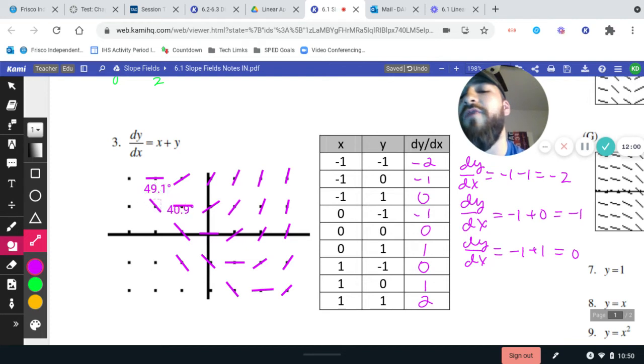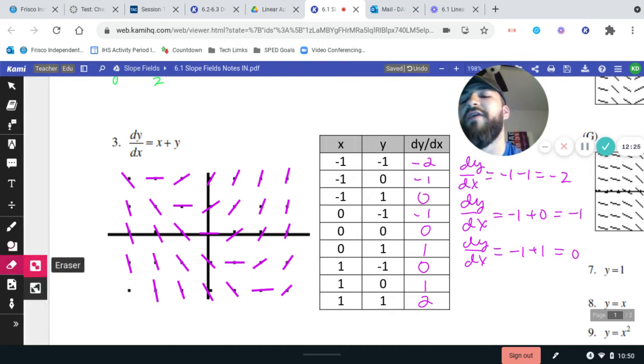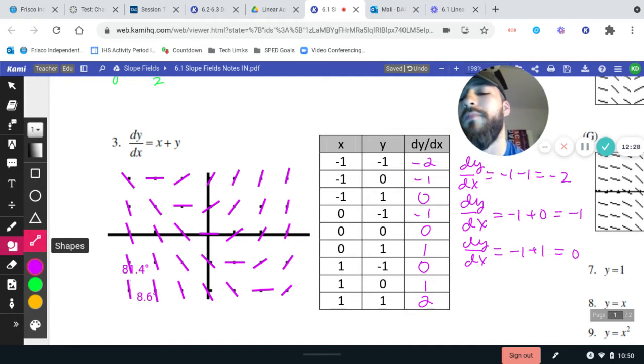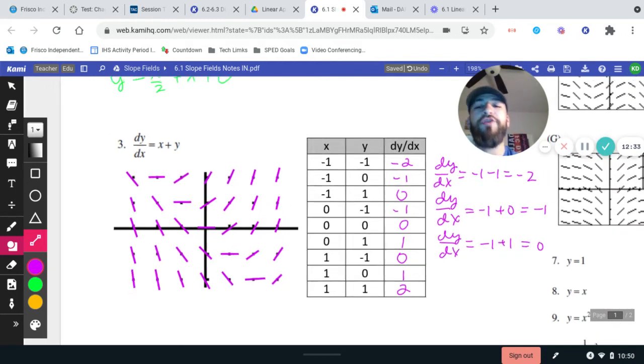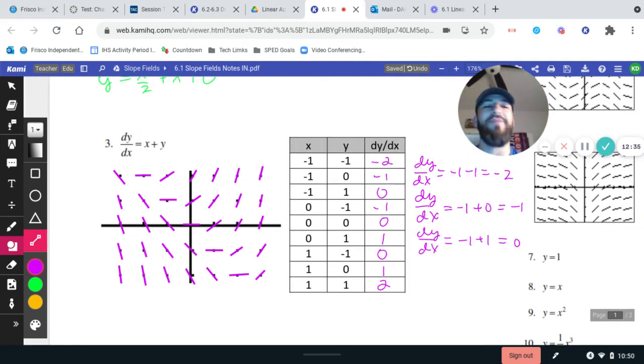My slopes of negative 1, my slopes of negative 2, my slopes of negative 3, my slopes of negative 4, and my slopes of negative 5. Slopes of negative 5. Like so. Okay. And unfortunately, because this one is dy over dx is equal to x plus y, I actually